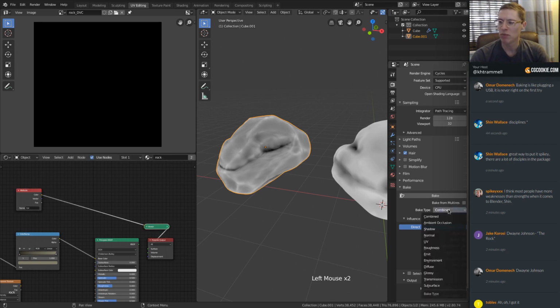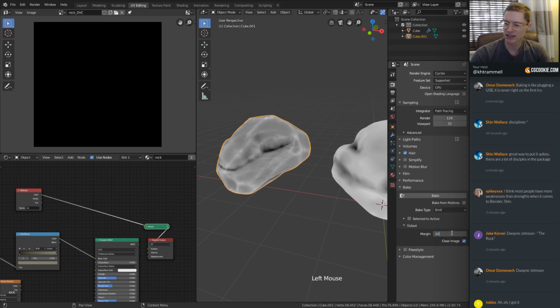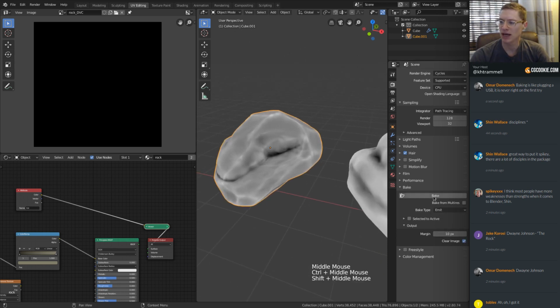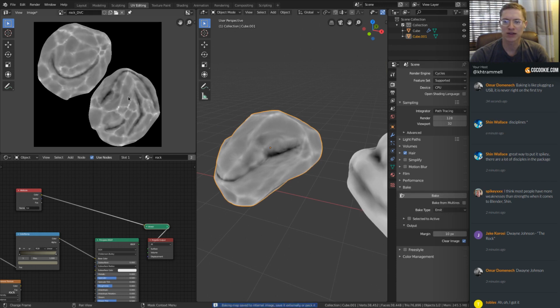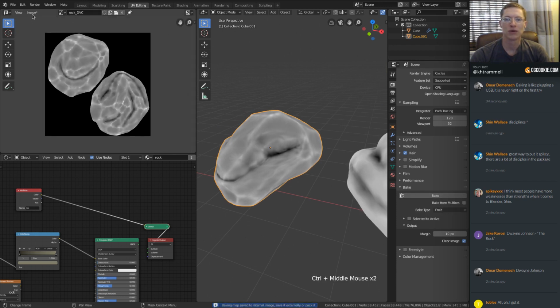And so I want to bake the emission value, emit. The margin will be set to 10 pixels, and clear image is fine. All right, now we should be able to bake and get that detail applied to a texture. Perfect. I will save this